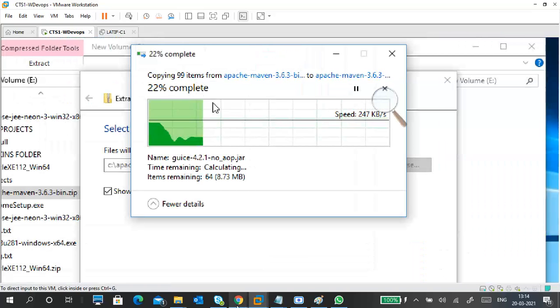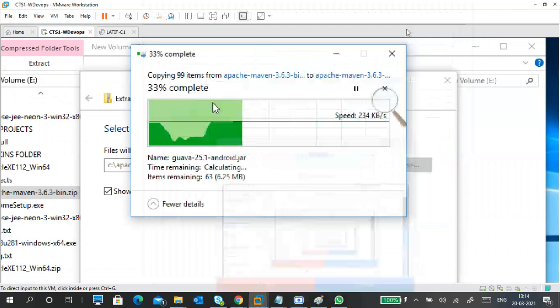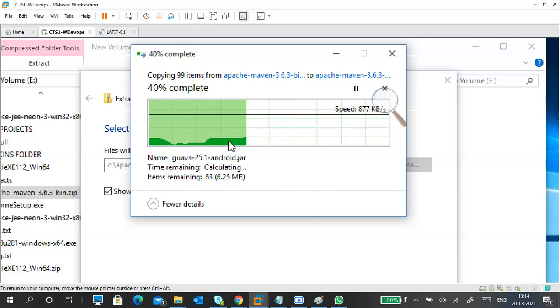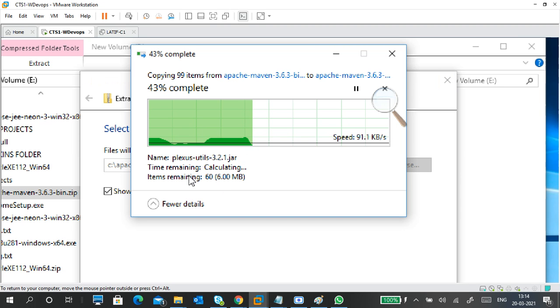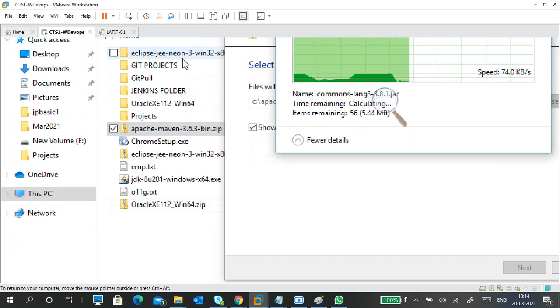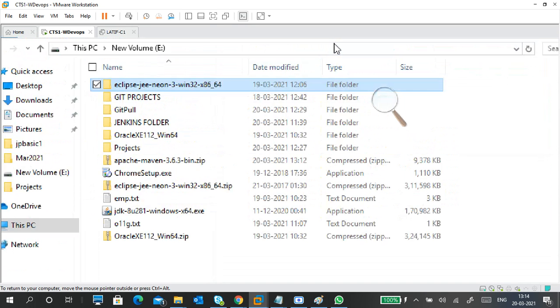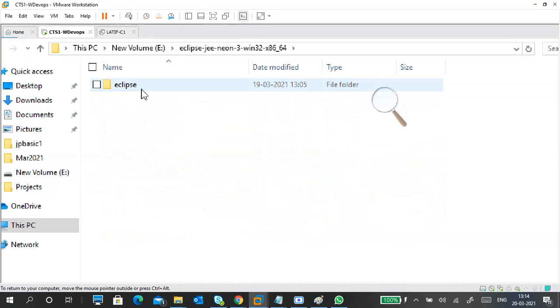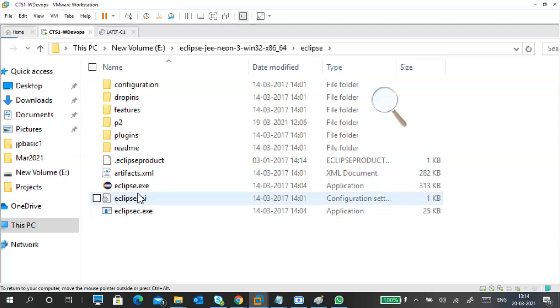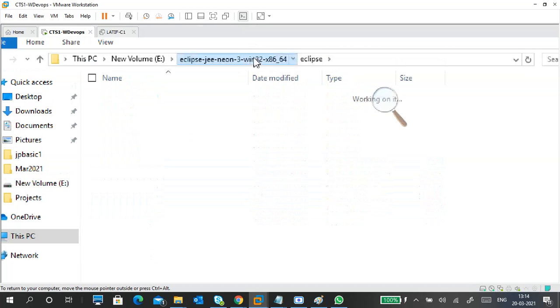Am I recording this one or not? Why has extracting stopped? So this is the Eclipse I downloaded from here. If you want, I will show you how to download Eclipse also. You can download it directly for free, double click on it, and it will ask questions.